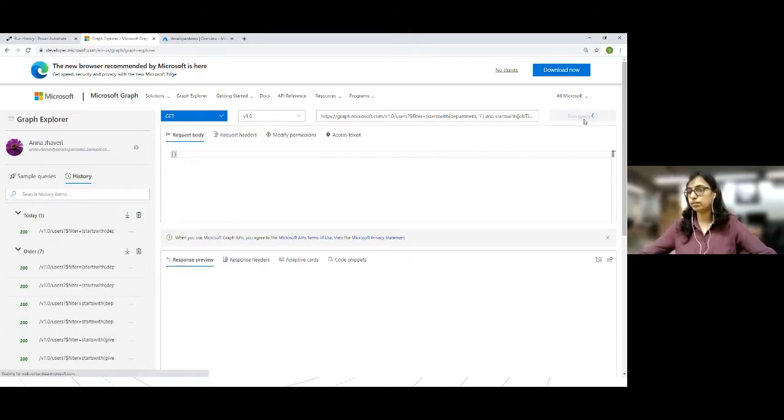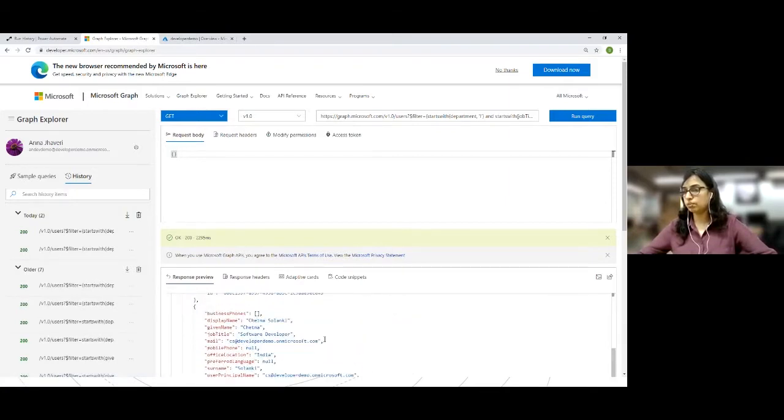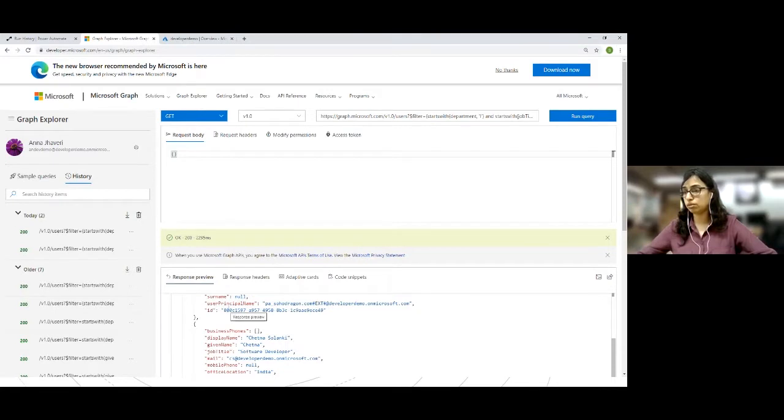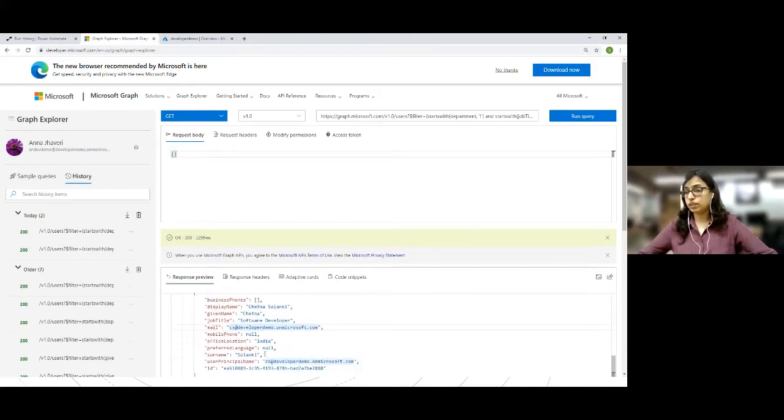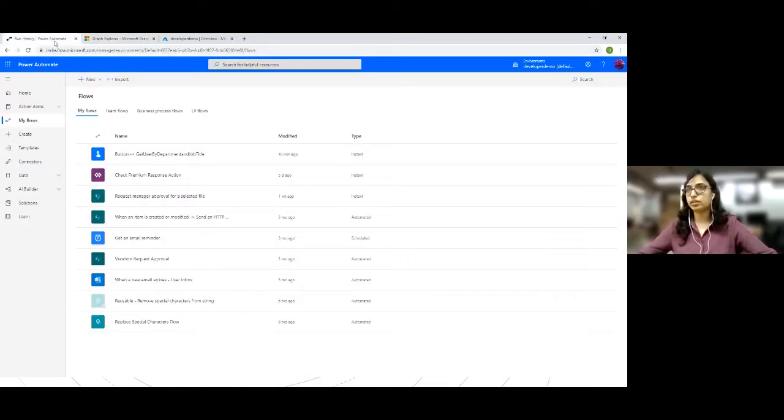I'll run this query. You see here it has returned some data. It has returned 2 users, which are retrieved from Azure AD by the Graph API. We'll use this example Graph API in our custom connector today. So let's jump to Power Automate and see how to create a custom connector. All right, in order to create custom connectors, I'm in the Power Automate application as admin. I'll go to custom connectors available under the data menu.